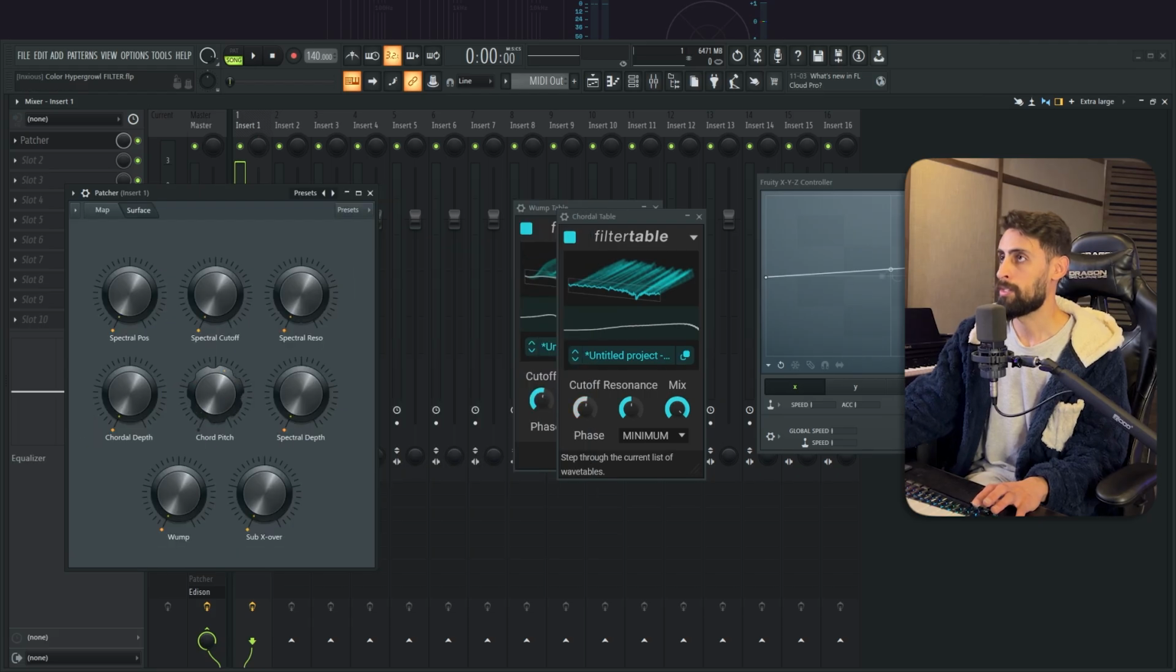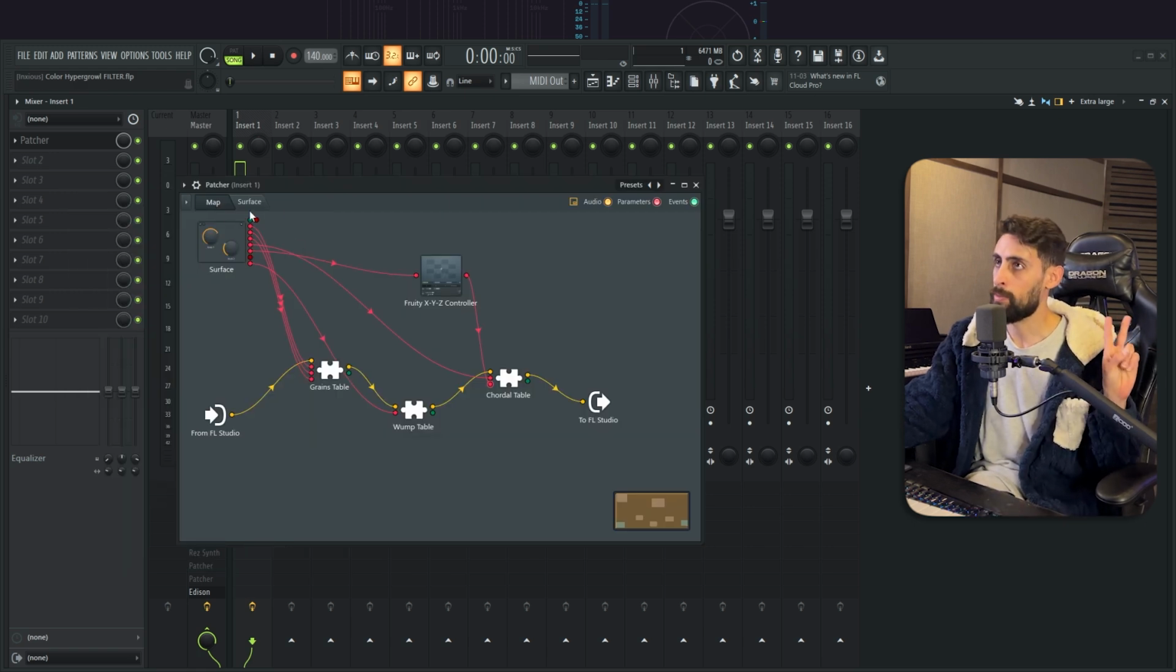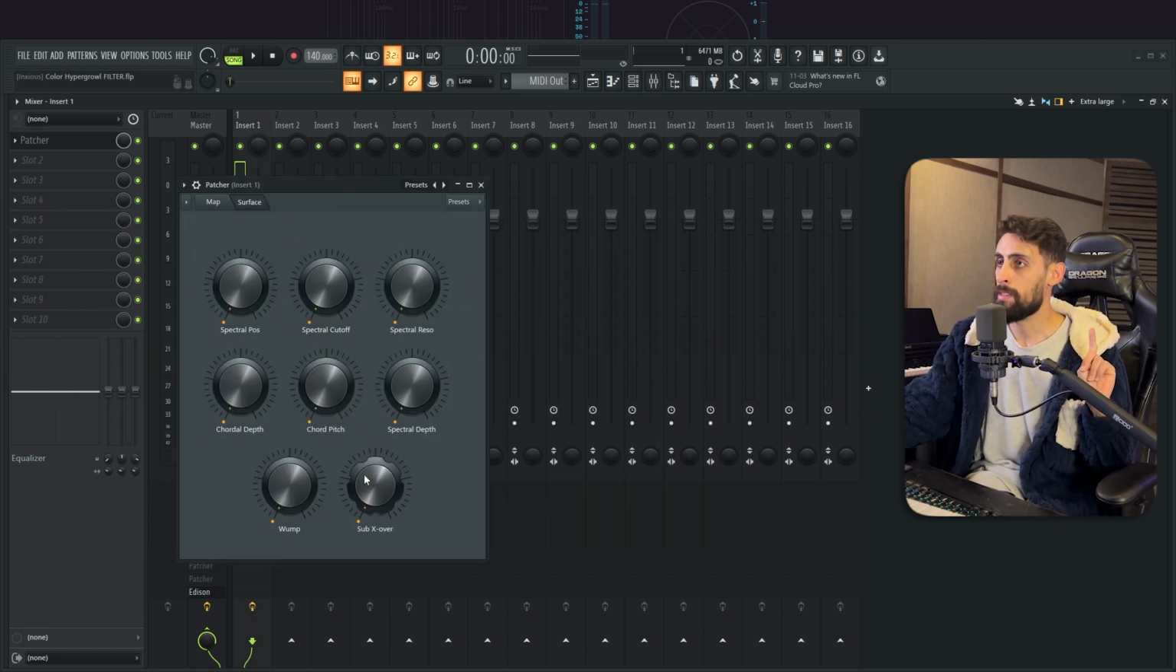And this is how you constrain the range of a knob inside of Patcher. All right. There's 2 things I want to show you before we just end this video. The first thing is how to create a sub crossover. And the second thing is how I managed to create the spectral depth controlling the WUMP and the spectral position